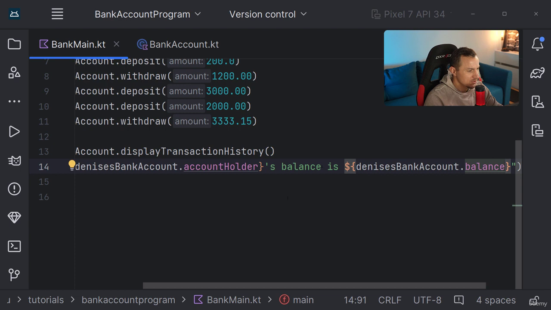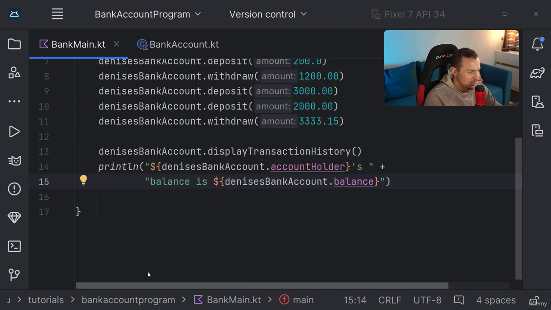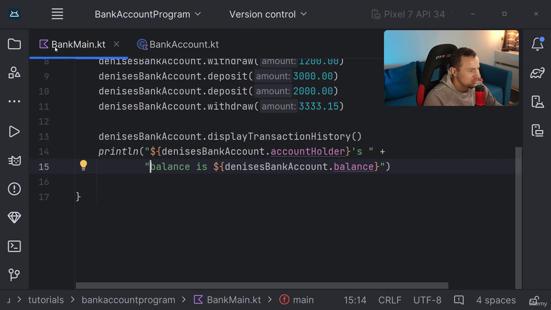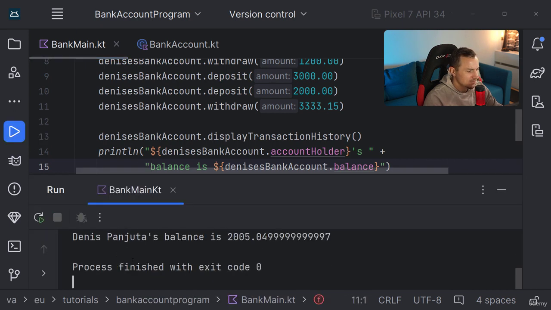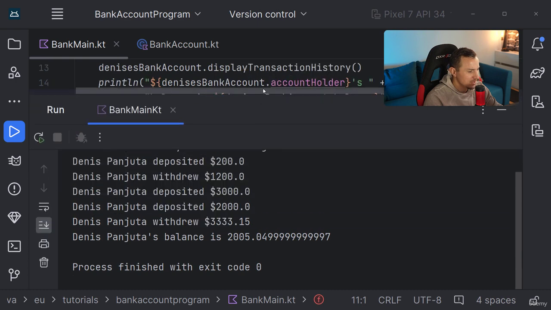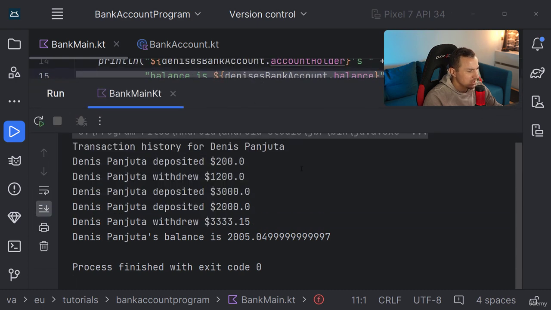So what this will do now is it will display the balance after the account holder. So it will just write the sentence telling us what the total is after all of these depositing and withdrawing of money. So you can see I deposited, I withdrew, I deposited, withdrew, withdrew, and then I have this balance of